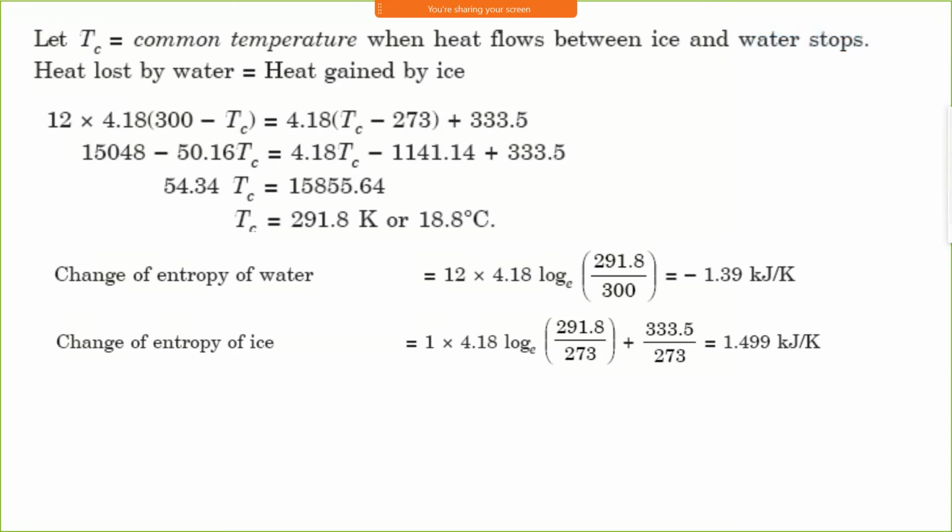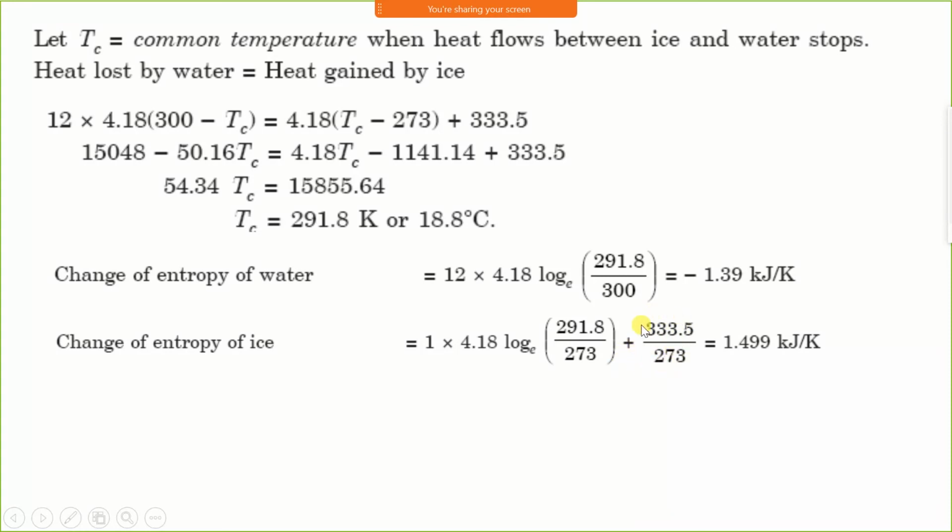Therefore, for the liquid form of ice, which is water, we have to consider specific heat of water. Mass of ice 1 kg, specific heat of liquid form of ice is 4.18. Then ln, final temperature is 291.8 Kelvin and initial temperature was 273 Kelvin, plus